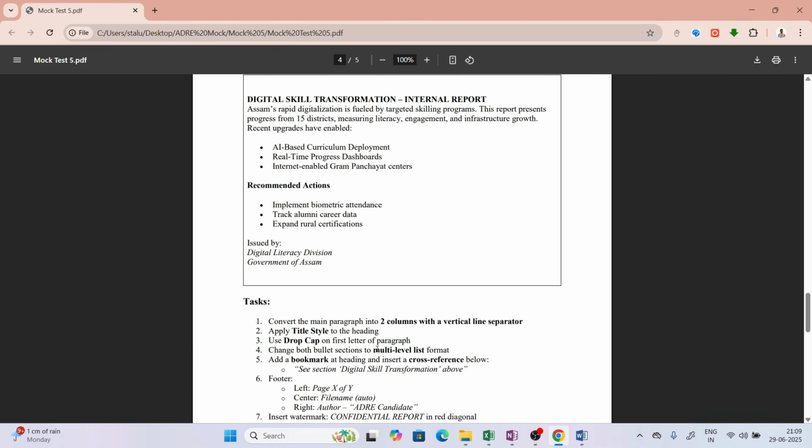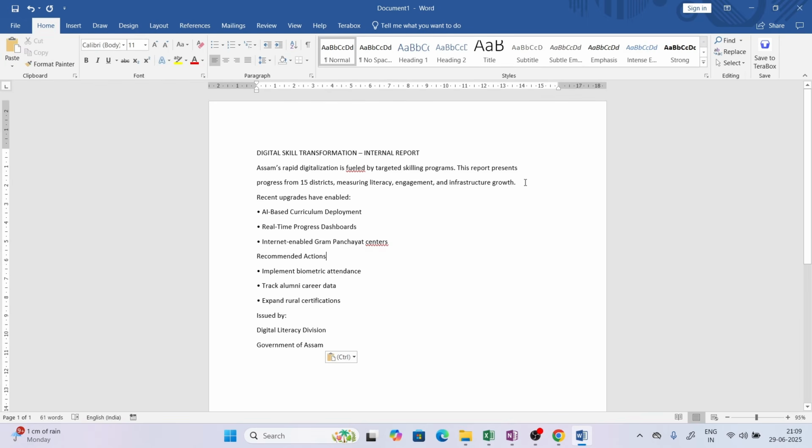So convert the main paragraph into 2 column with a vertical line separator. We must divide into two columns, but with a vertical line separator. So we know how to do it. So I will select the first paragraph. Now what do we need? Columns, two columns. So we will